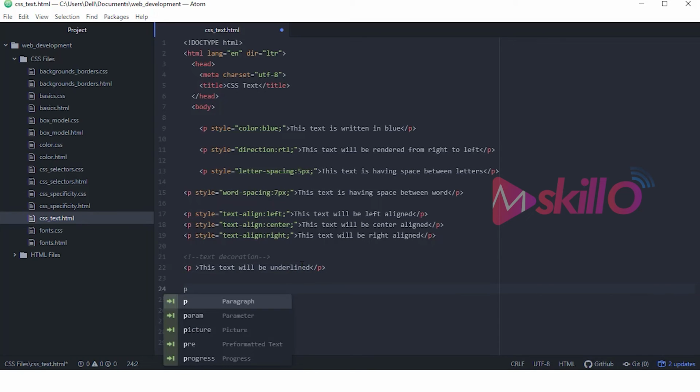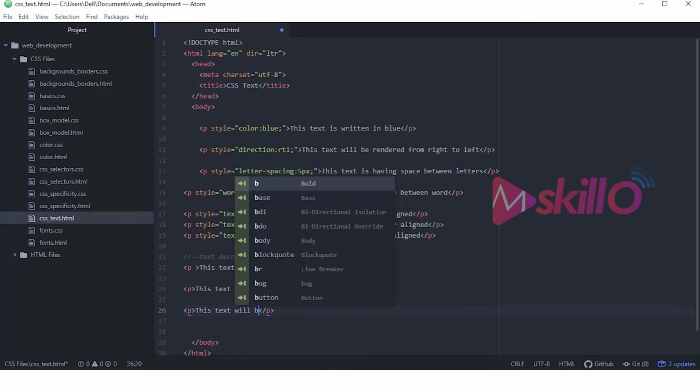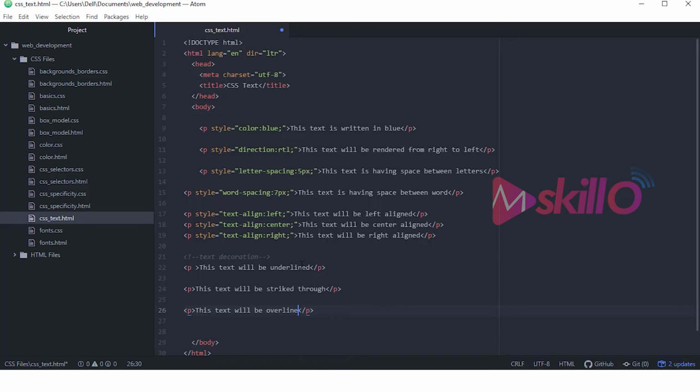Let me write another paragraph tag that says this text will be strike through. We'll write one more for the overline. So this time I'm going to say this text will be overlined. Let's style this. Let's say p style is equal to, use the text decoration property, text hyphen